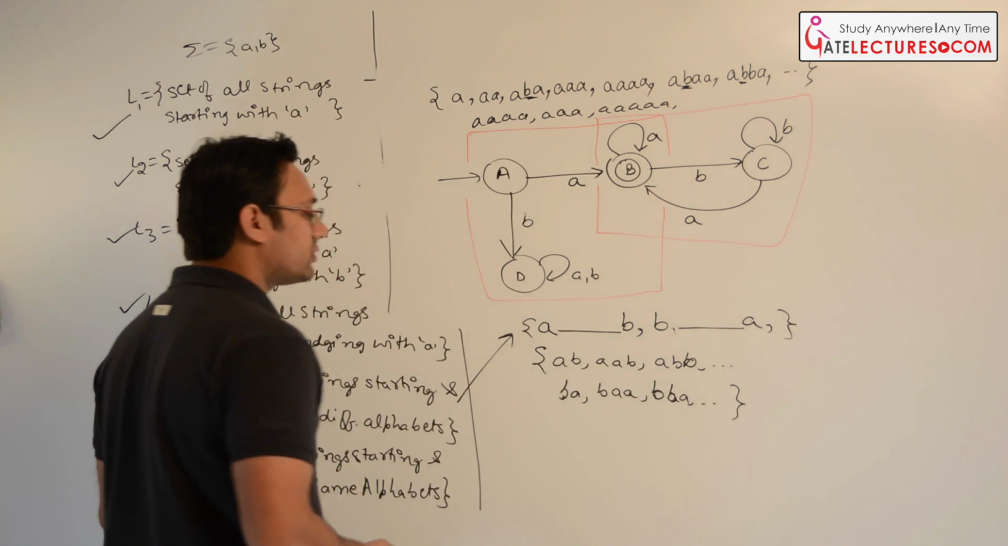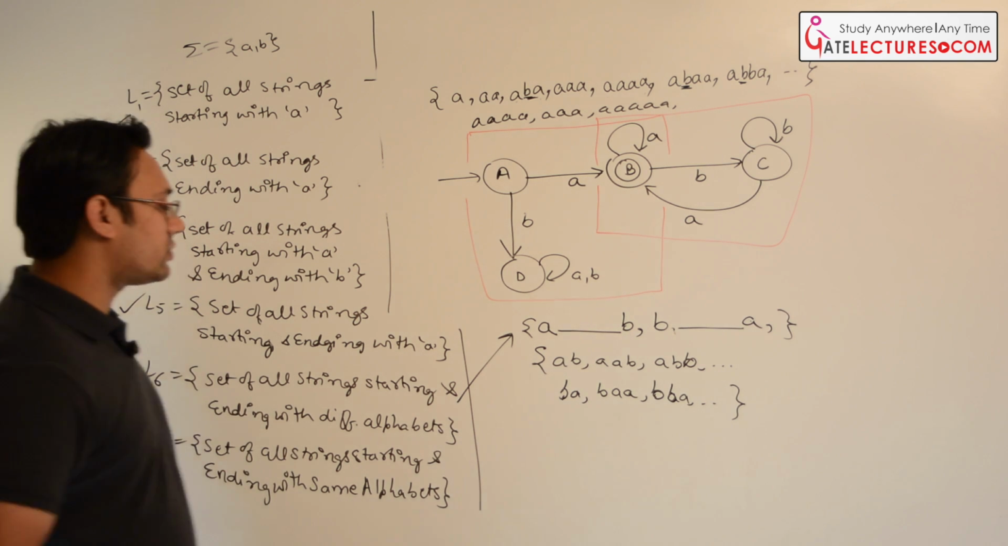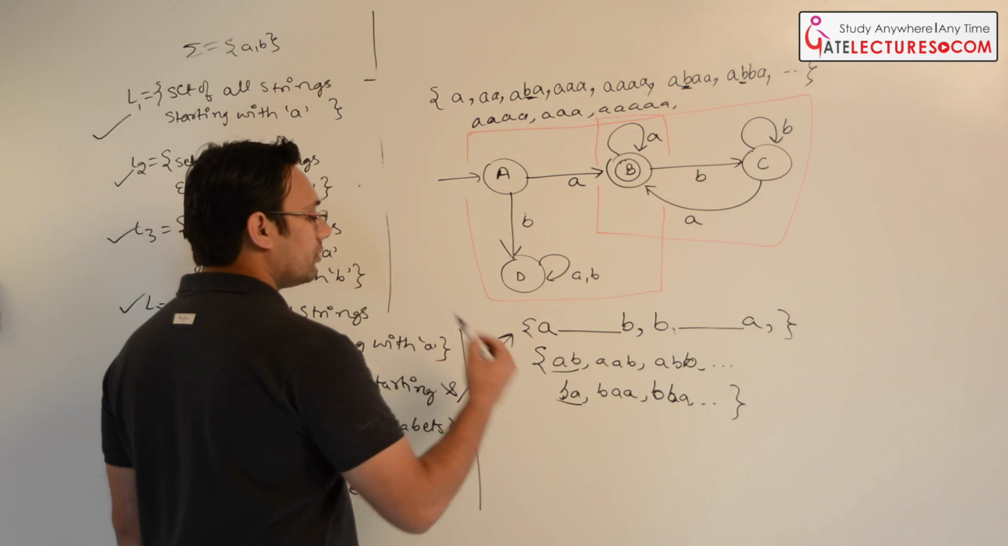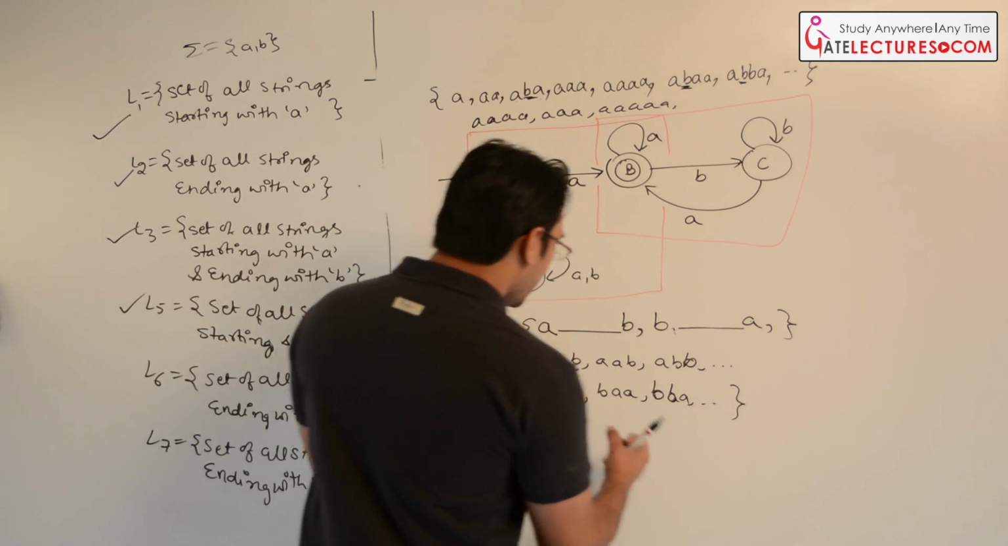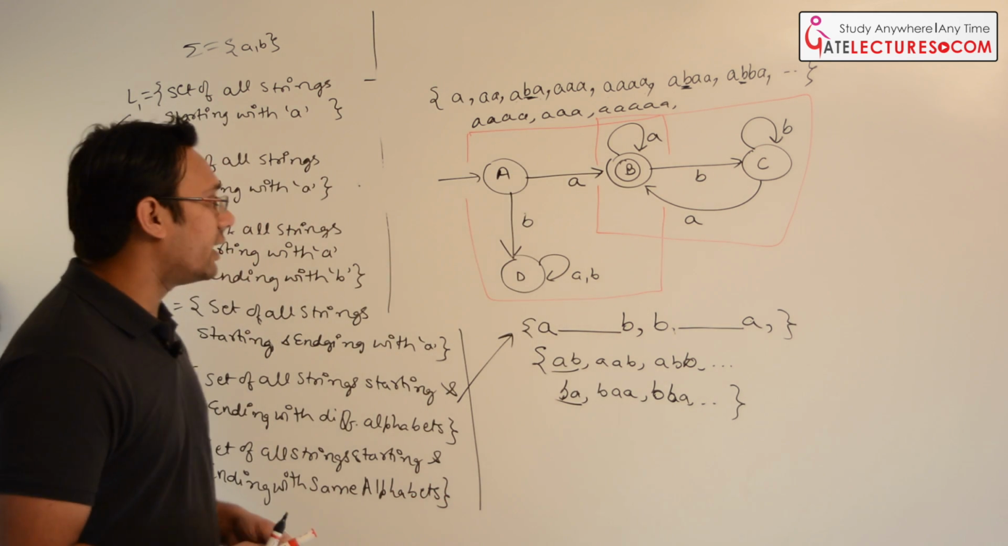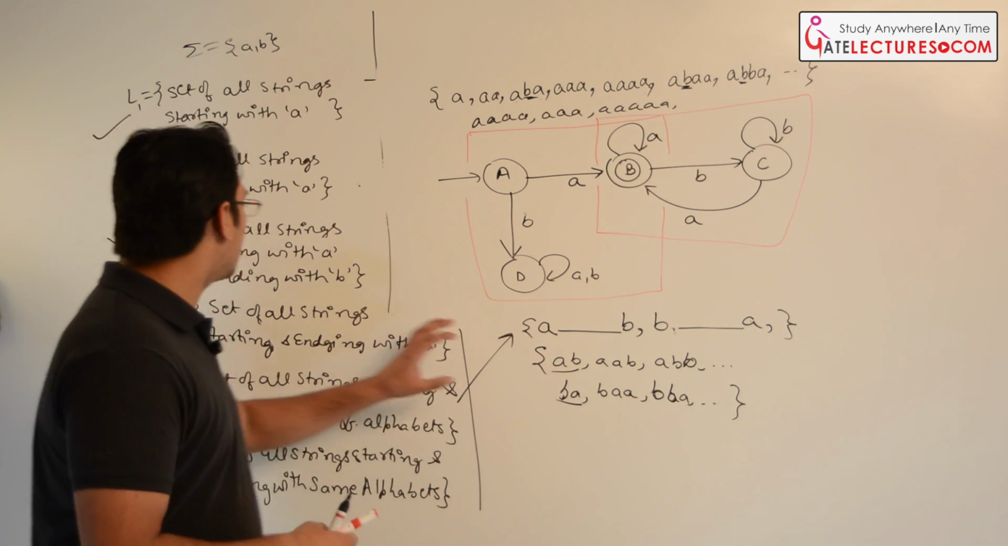That means starting and ending symbol should be different. That means at least we should get AB or B. Fine. So what we can do here is, it is very simple to understand that this diagram is actually similar